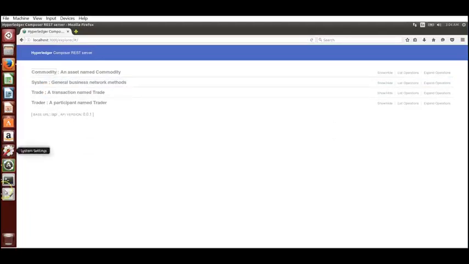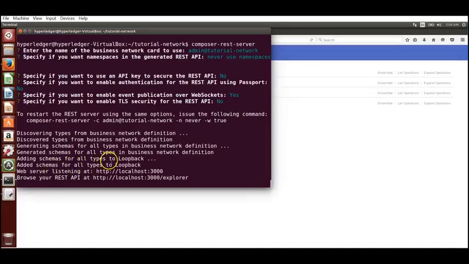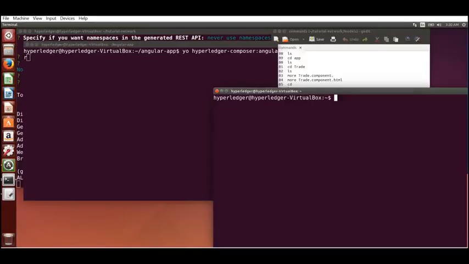Now that we have done that, we are going to further develop an Angular interface, an Angular app. Now that we have deployed the Fabric, on top of it a business network using the Composer tools, and also a REST server which exposes the API, let's see what the Composer Playground can do for us.